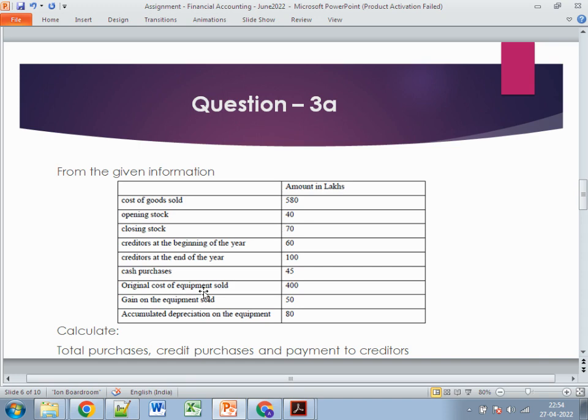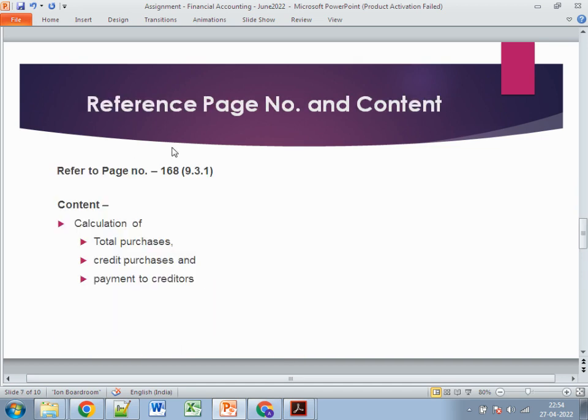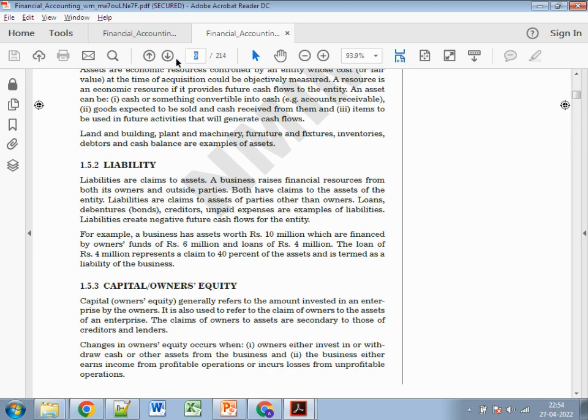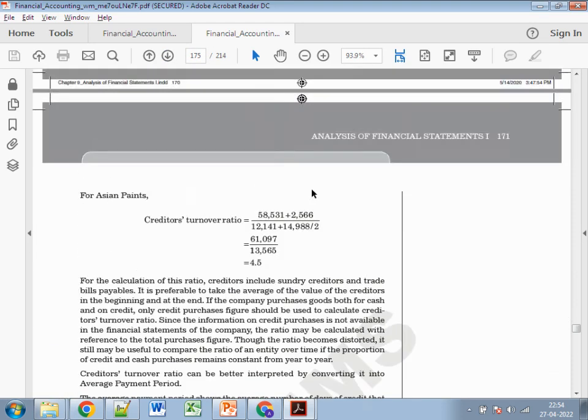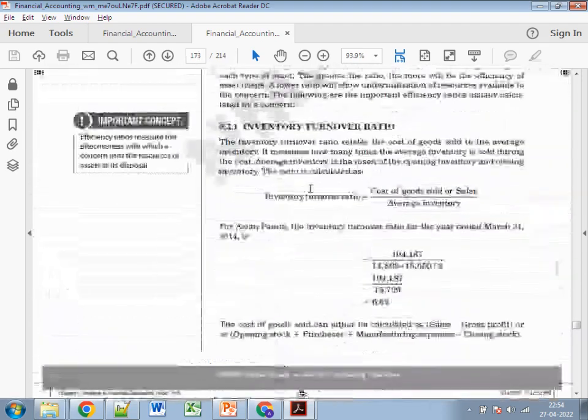Okay. Going to the third question. The third question is: from the given information, calculate the total purchases, credit purchases, and payment to the creditors. Right. If we talk about this question, I don't think that you will get it from the book directly, but yes, let's see. Page number 168. So if you go to page number 168,